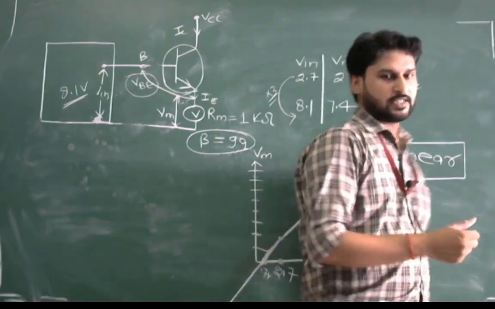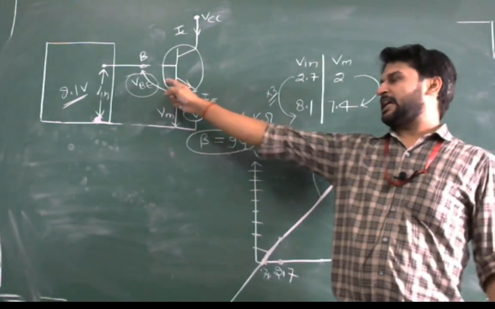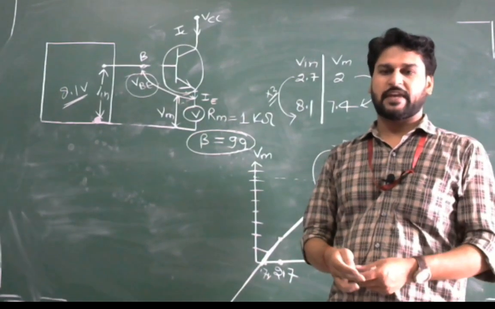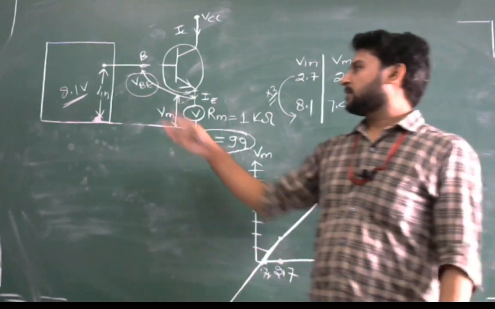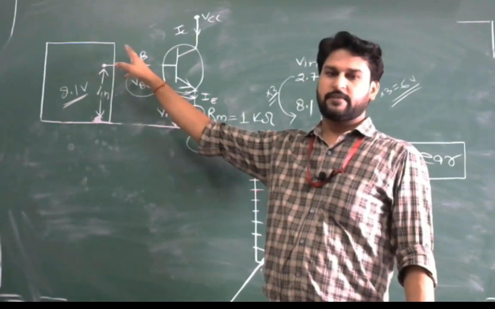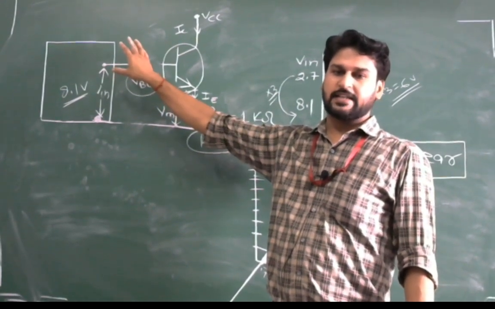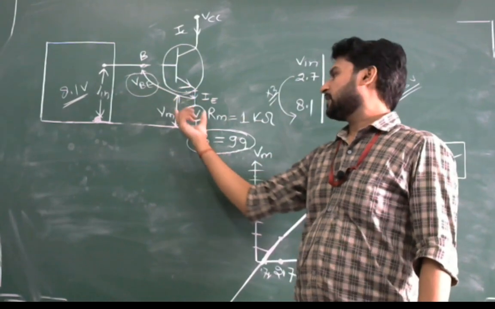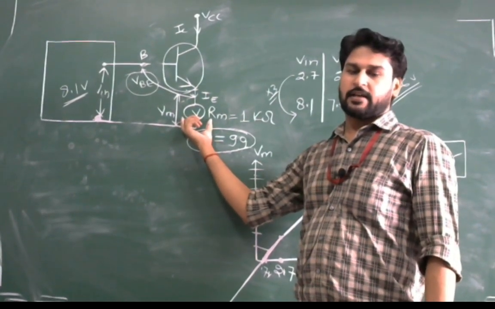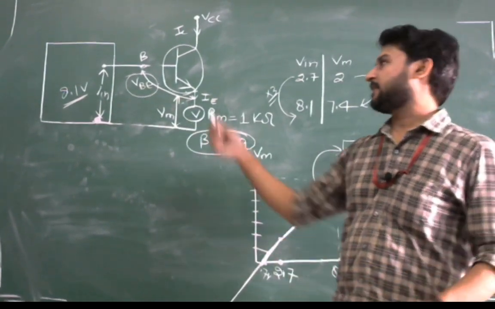One advantage is it is offering very high input impedance. The other advantage is even a very small amount of current is drawn from the circuit in which we have to measure the voltage, but the voltmeter is getting a relatively large value of current, and this extra supply is given from the VCC.